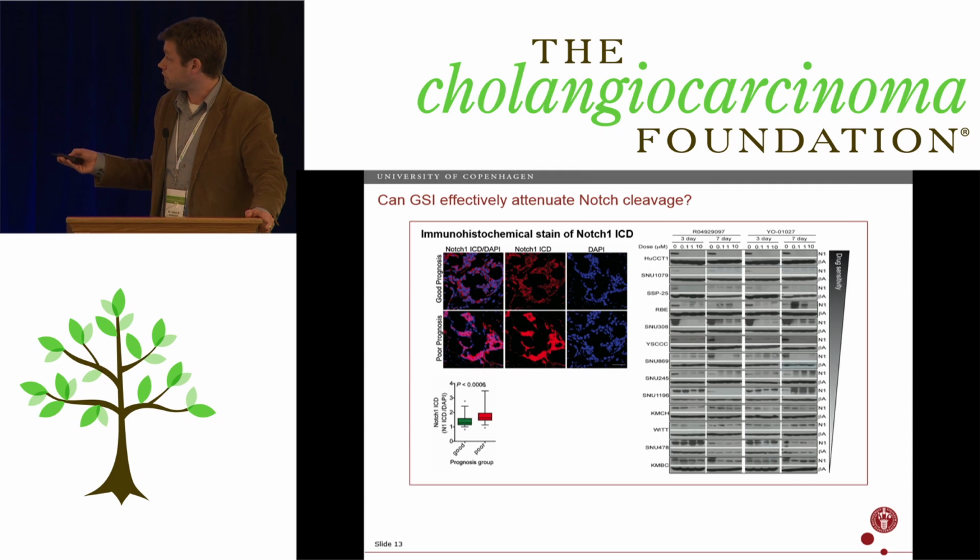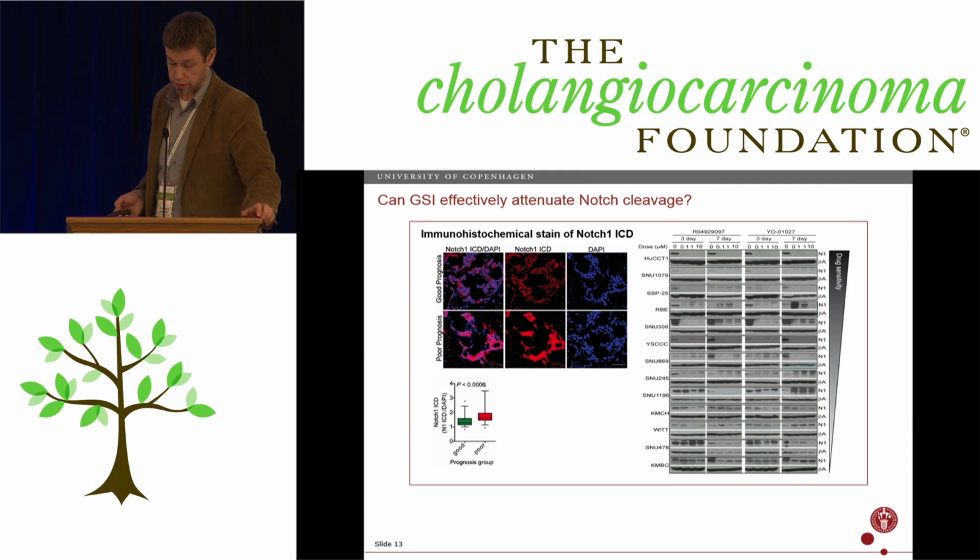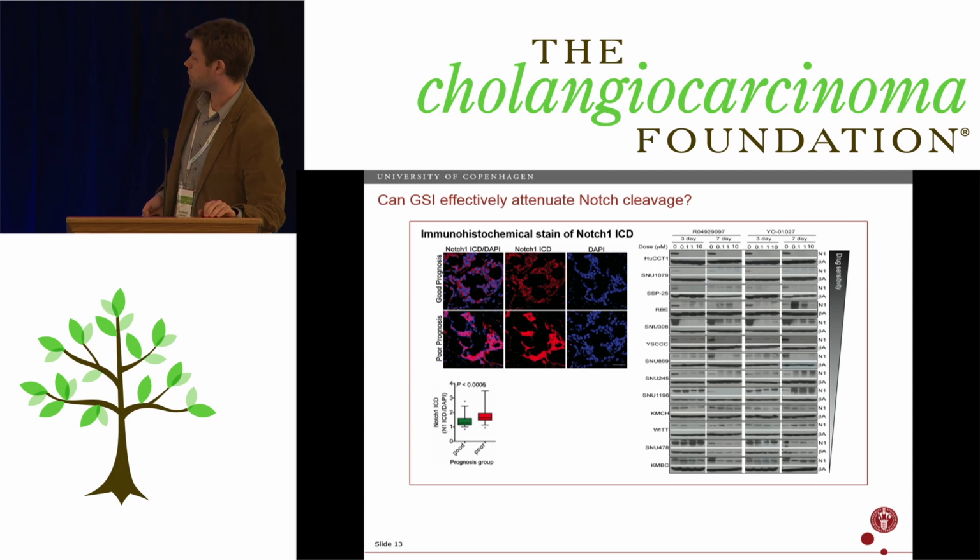We acquired 2 gamma secretase inhibitors with the lowest needed concentration for IC50. We treated over 3 days and 7 days, various different concentrations, and we're able to group the cell lines based on overall drug sensitivity, from the most sensitive, meaning that they inhibited the activation of N1, that's not one of the intracellular domain in this for simplicity, to cell lines like the KMBC and the SNU478 that mainly were very close to being resistant to the treatment.